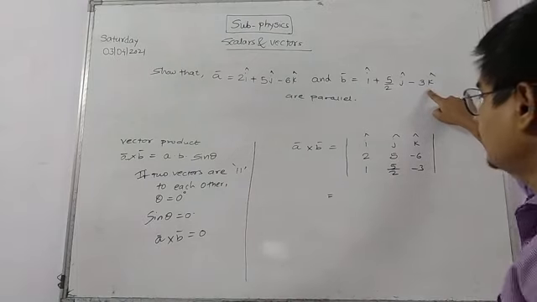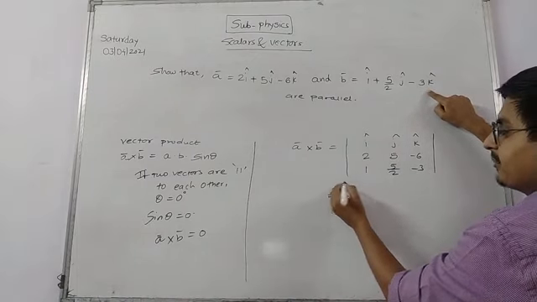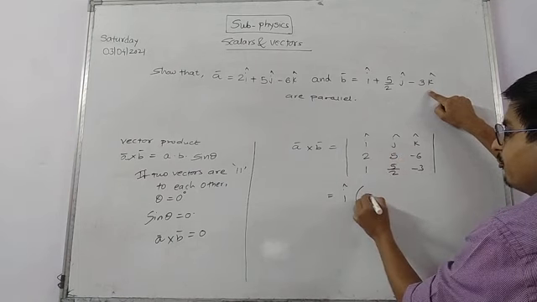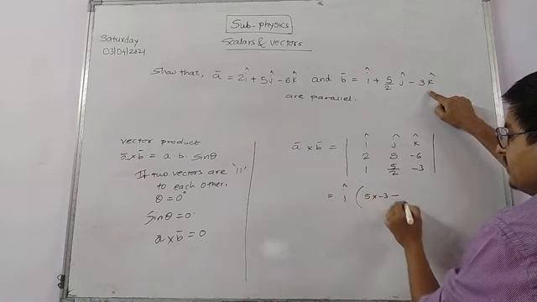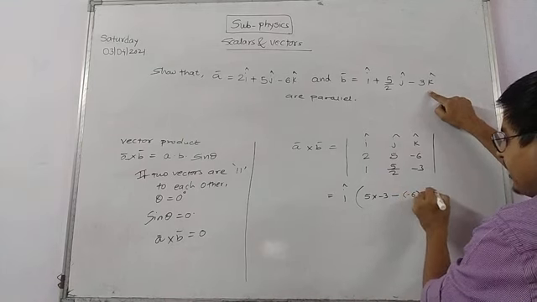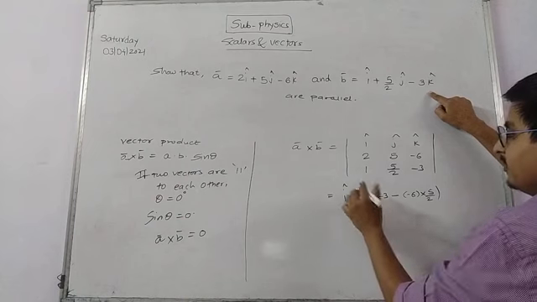Okay, now जैसे कि आपने 10th स्टैंडर्ड में डिटरमिनेंट्स में किया था, i bar you will multiply them, 5 into minus 3 minus of minus 6 into 5 by 2. Okay,